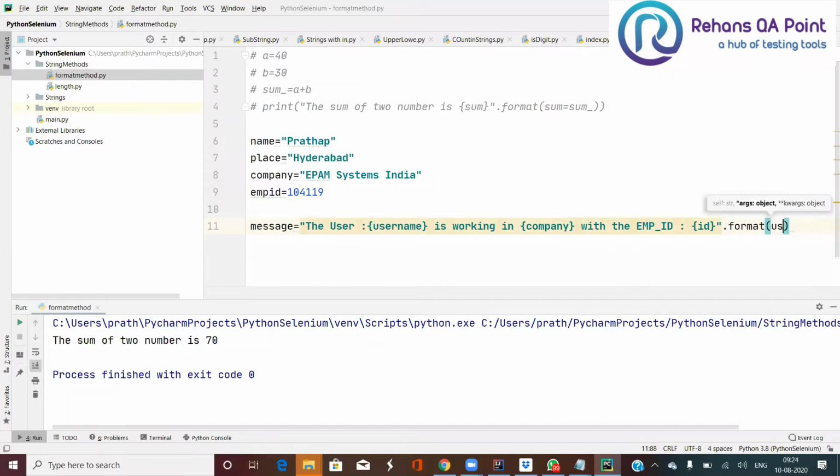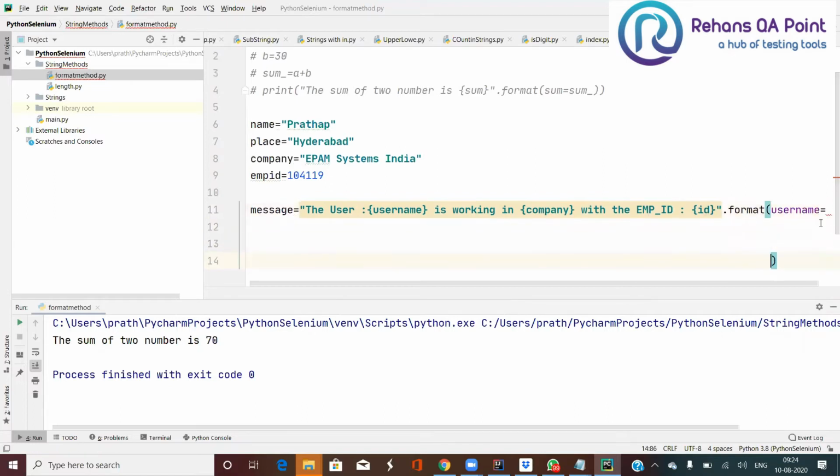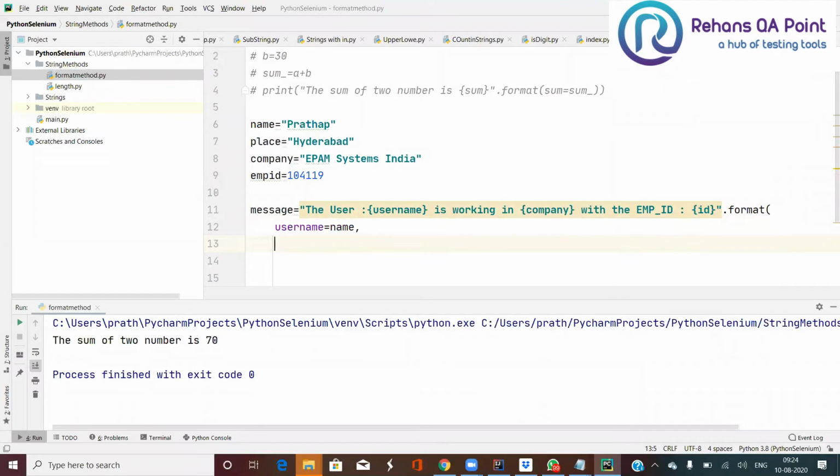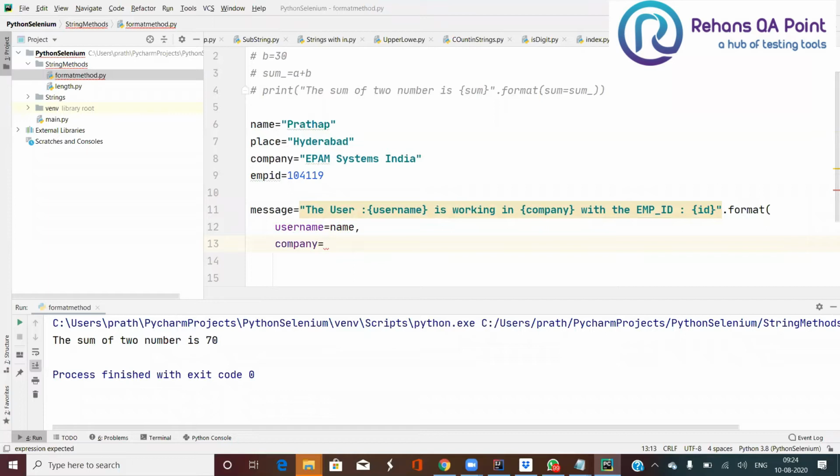So what I'm going to do here, username is equal to name, and I'm going to use my company is equal to company, and then id is equal to my emp id.